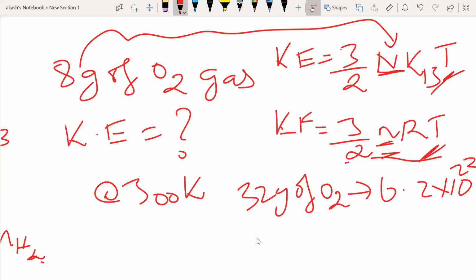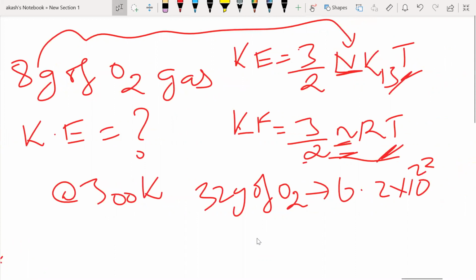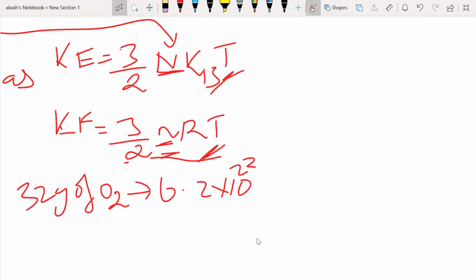That's the formula for RMS velocity. So V_RMS is root of